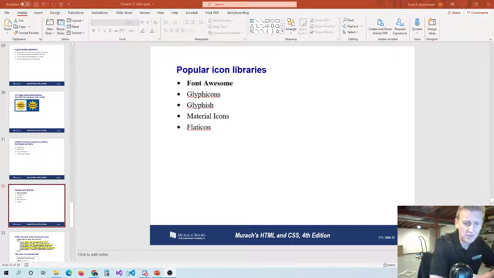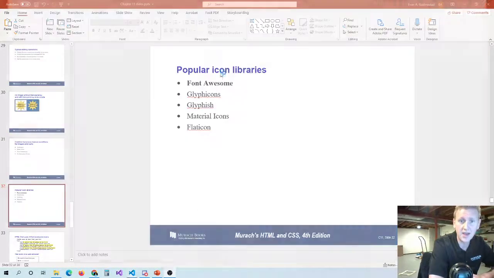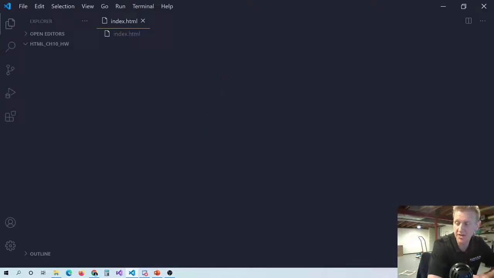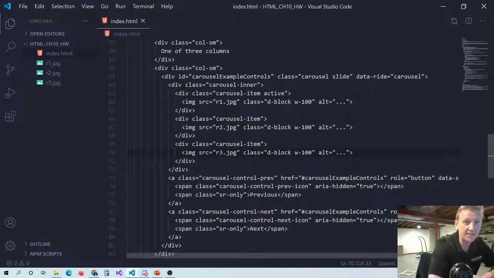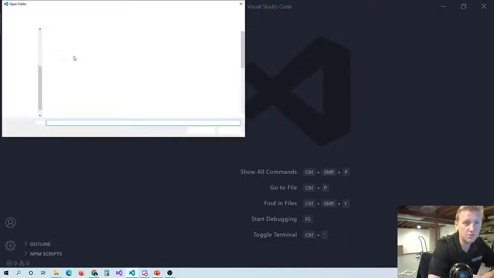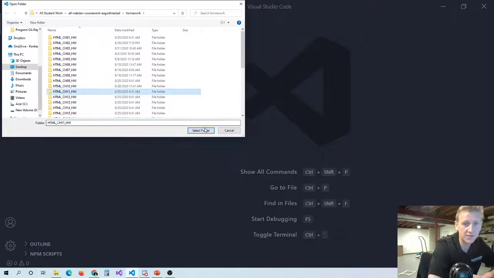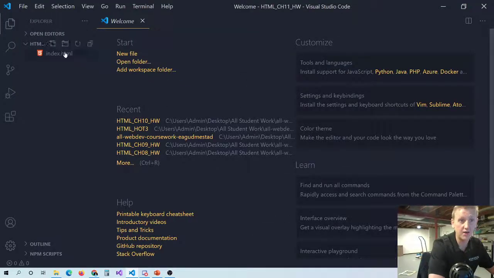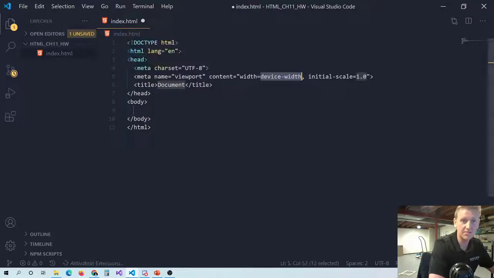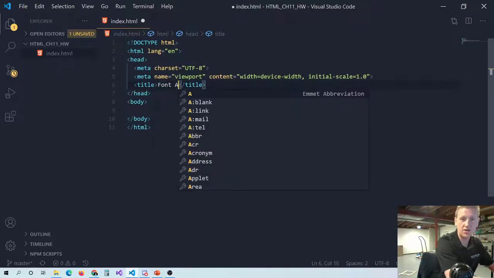Okay, I think this is going to be one of the code demonstrations I want to do. Icon libraries. So what I'm going to do is demonstrate what an icon library is and how it's used. So this would be chapter 11. So I'm going to open up chapter 11 homework. And I'm going to demonstrate FontAwesome. Eventually my computer catches up. There we go. So this is a FontAwesome